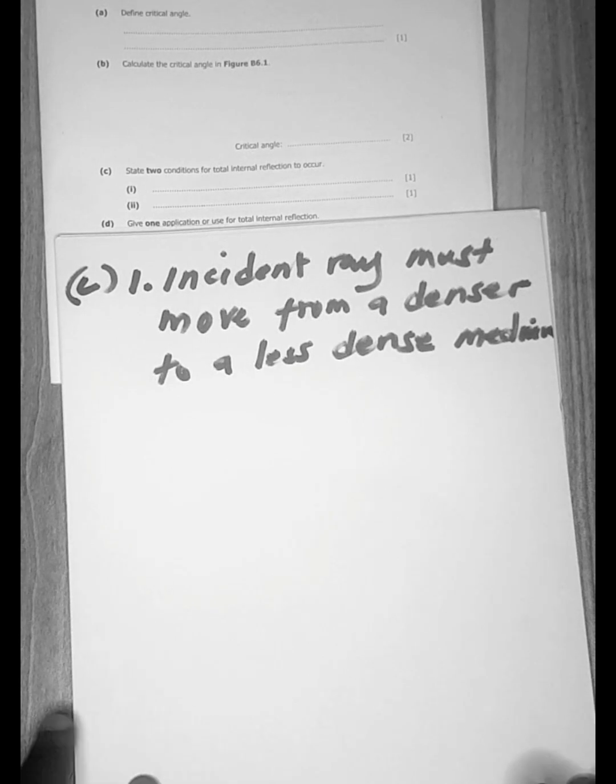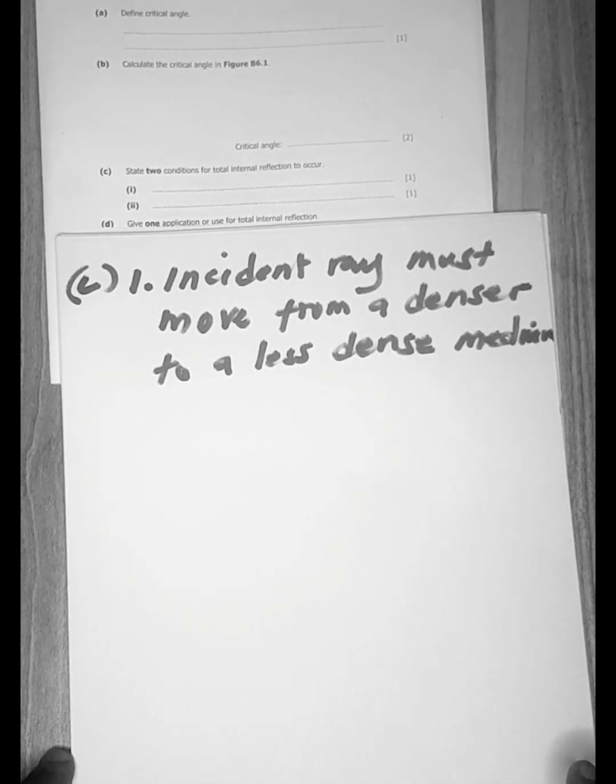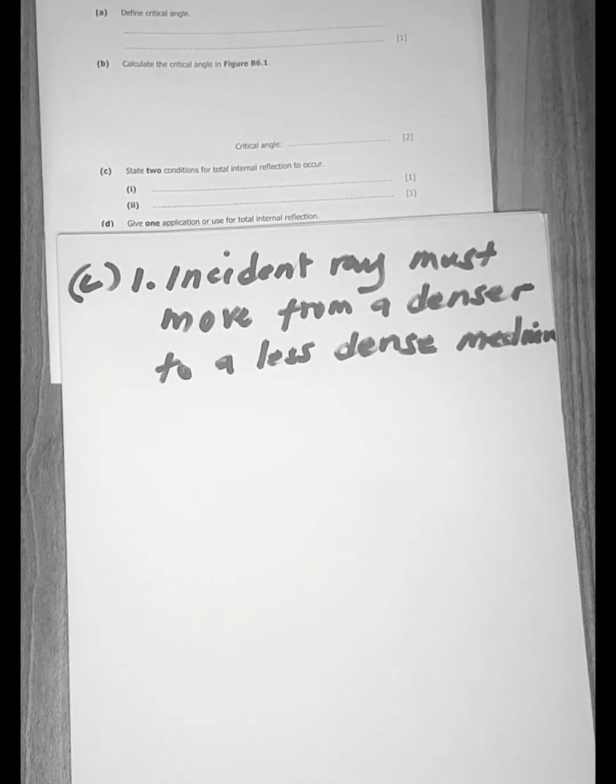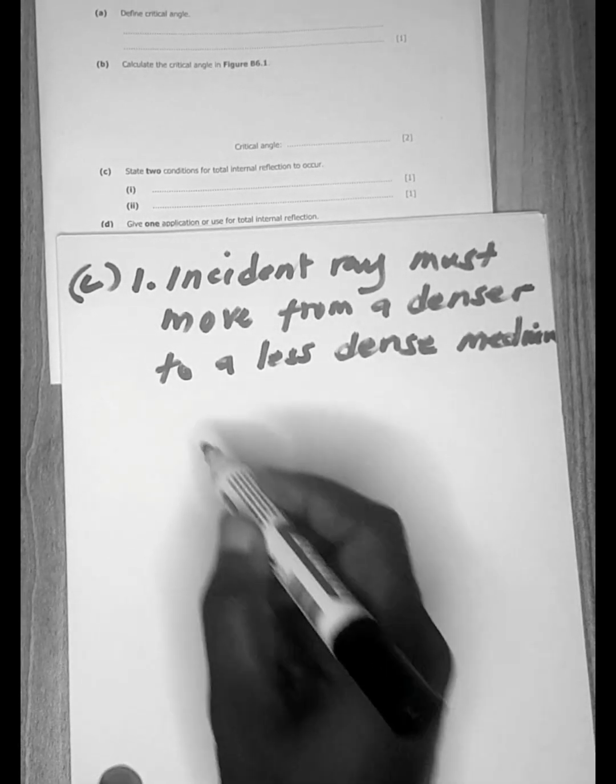So the first condition is that the incident ray must move from a denser to a less dense medium. Then the second one,